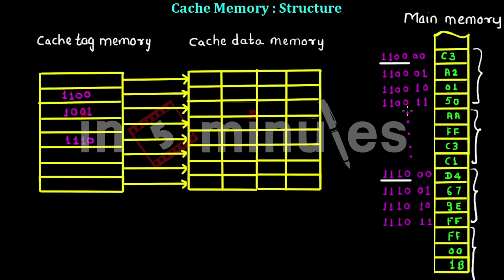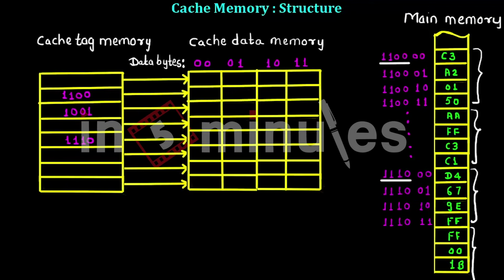As you can see, the last 2 bits specify the individual byte inside a particular block. The first 4 bits are going to come as the block address, and the cache tag memory is going to contain the block address. And the individual data byte location is given by the last 2 bits of the memory address, and they are written for each column.